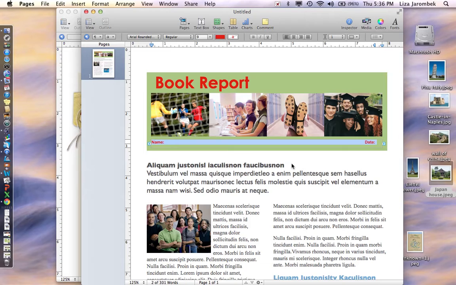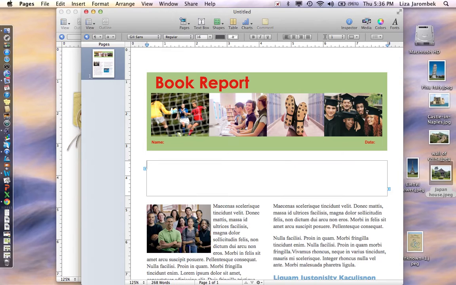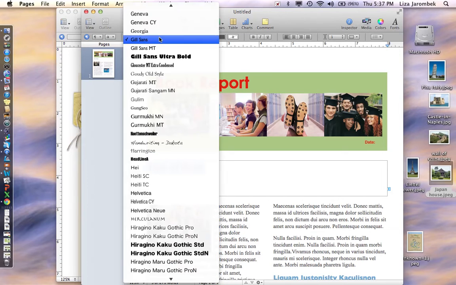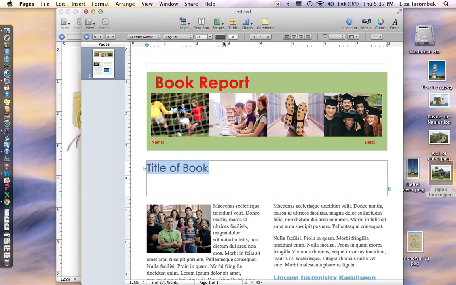Next, we're going to set up a text box that will serve as a template for the other text boxes. So we will double click on this text box. We can Command A to highlight all of that information, and then we're going to delete the information in this box by hitting the delete button on your keyboard. We are then going to type in the words title of book. We are going to highlight this. We're going to change it to size 24 and Century Gothic and red